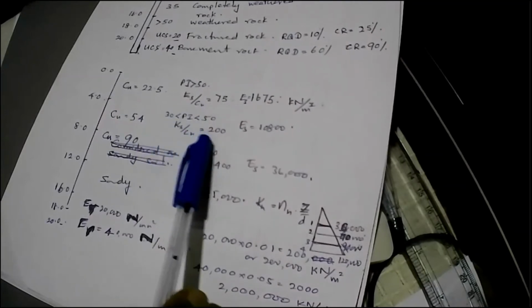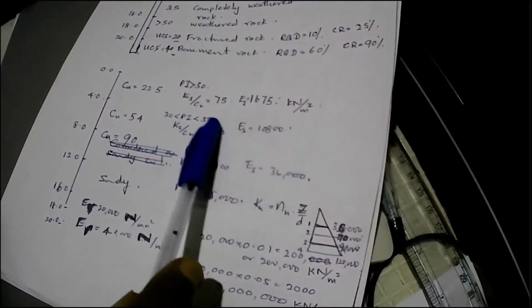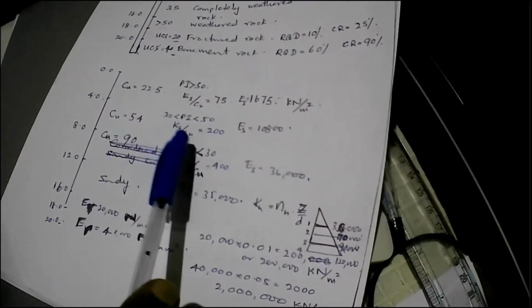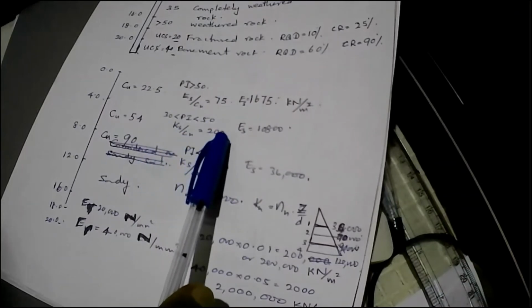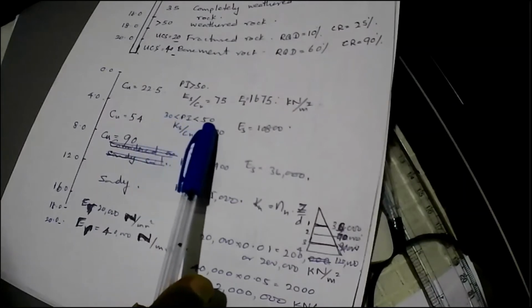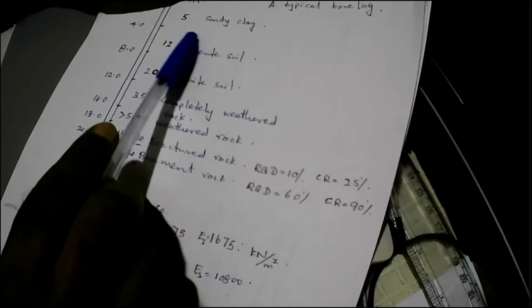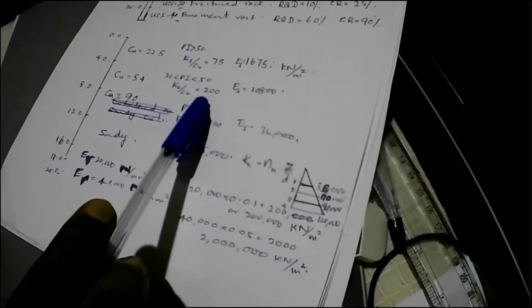And for this, I have actually considered the KSO KU ratio as 200, because this is a fairly reasonable soil with SPT of about 12,